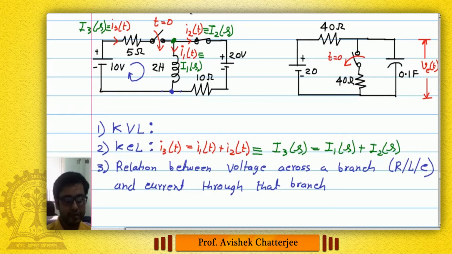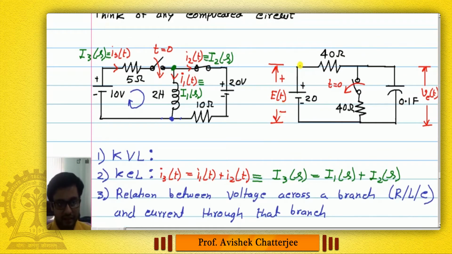In the same way, let us consider Kirchhoff's voltage law in some loop, say this loop, in this circuit, outer loop. Suppose I call this voltage as e(t), which could be function of time in general. e(t) is from here to here, with the reference polarity as plus upside, minus downside.